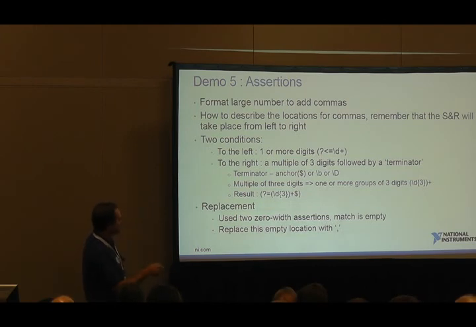And so what's interesting and unusual about this situation is now we're going to replace in these locations. So we've used 2 so-called zero-width assertions. So we've matched nothing. We've described a location where nothing currently exists in between 2 digits. The match is empty, and we're just going to replace this empty location with